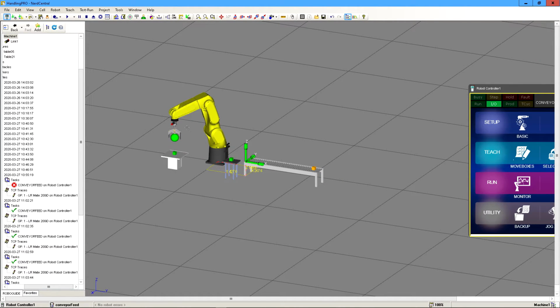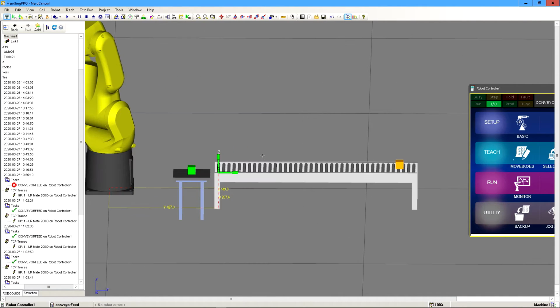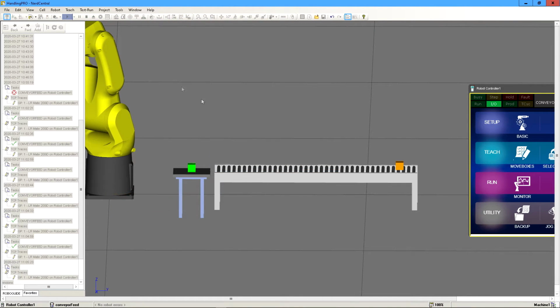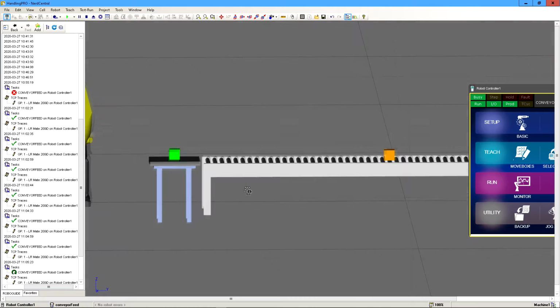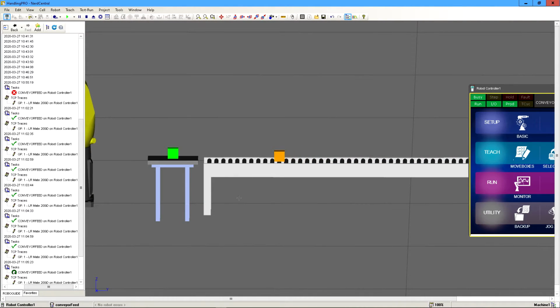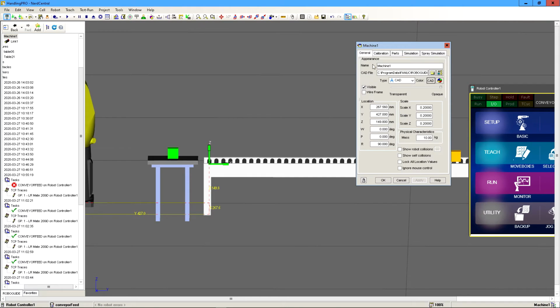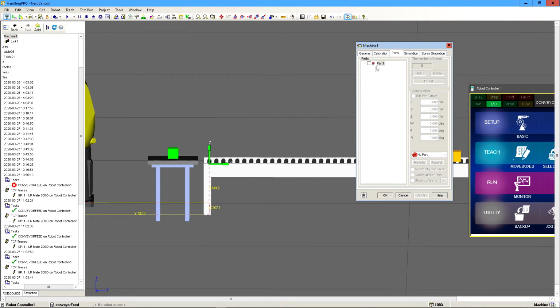Okay, so now that we've set this all up, we need to set up the actual box so that the arm knows where to pick up the box from. So if we run this one more time just to see where this position is, so let's see where it is on the belt. It's gonna be right there. Okay, so this is where we need to tell the robotic arm that this is where the piece is. So we're going to double click on this. It's right here, right? Yeah, so parts, and then click on part 1, hit apply, and then we need to